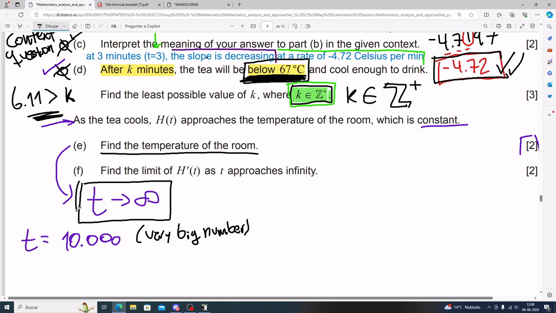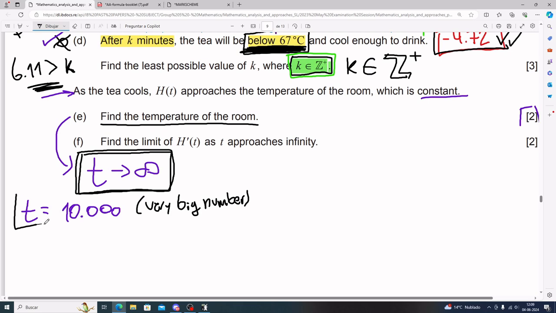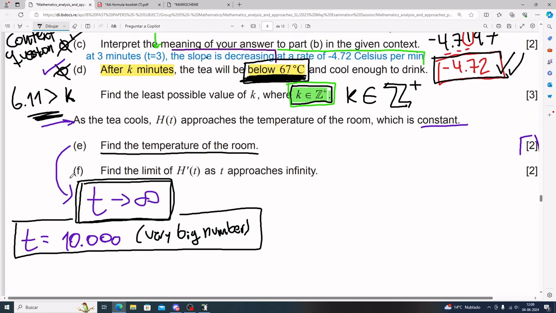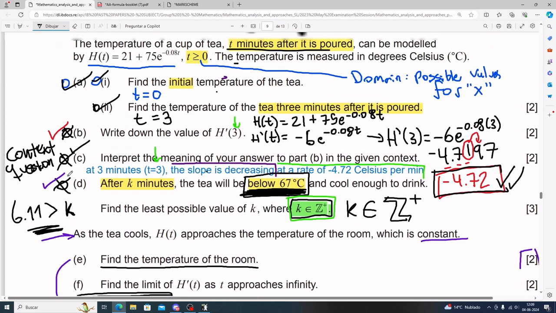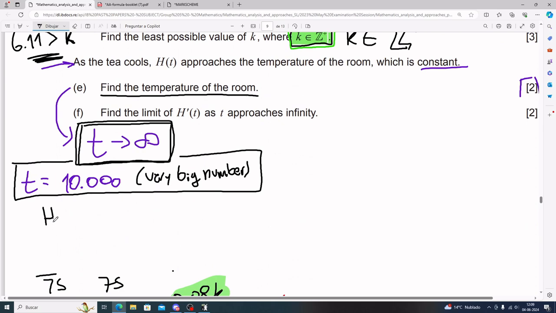So first you can establish a t that goes to infinity, or you can also establish just a very big t, a very big number. Given this context, it's definitely big enough. 10,000 minutes is definitely enough time. See? And so you can go ahead and plug in an h of 10,000 into your formula or equation,